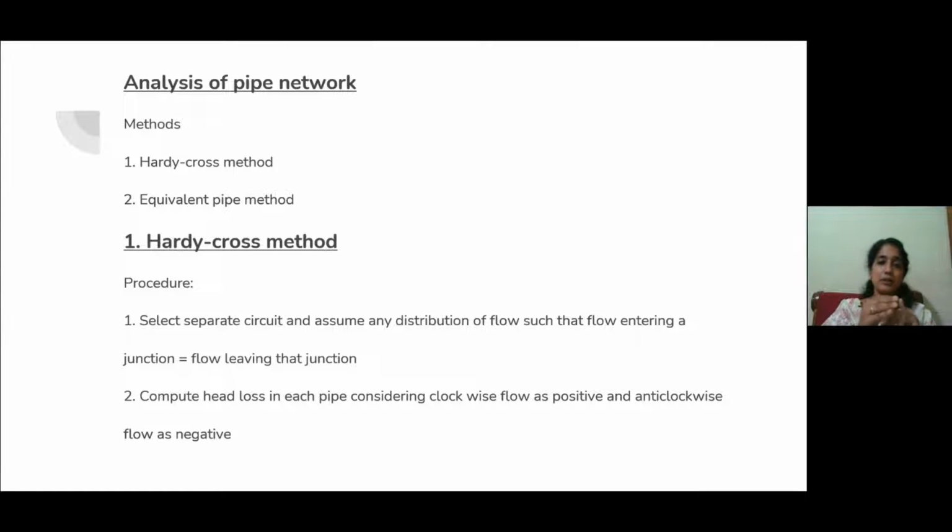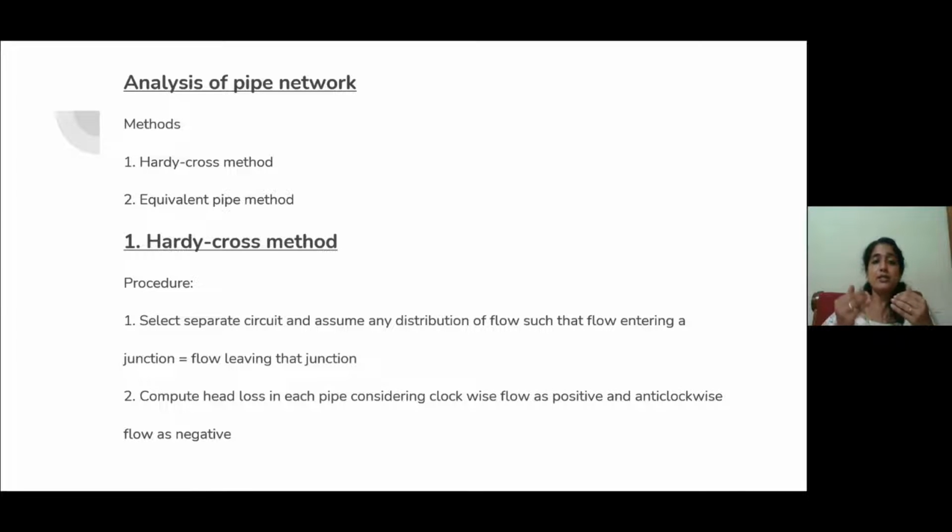We learned about the distribution systems, then the method of distribution, and now the analysis of pipe networks. The water is supplied to the network, but we have to design the pipe network according to the water availability or discharge of water through the pipelines. First of all, we already know how much quantity of water is going to be supplied to a particular area. But we have to design the pipe according to the requirement of water in that area.